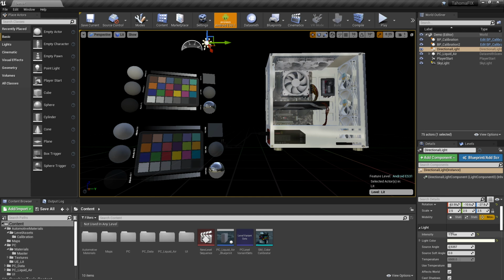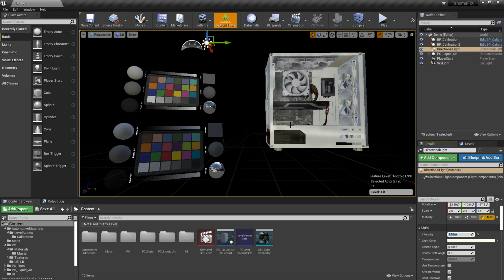Now, obviously, if I start to increase the intensity of this directional light, it's going to affect the materials that are set to default lit and not affect the materials that are the unlit materials or the graphics tools materials that came from Microsoft. So ultimately we want to get this PC all dressed with the graphics tools materials, but I just wanted to show you the basic lighting workflow and share with you a few tips and tricks along the way to help you guys out.